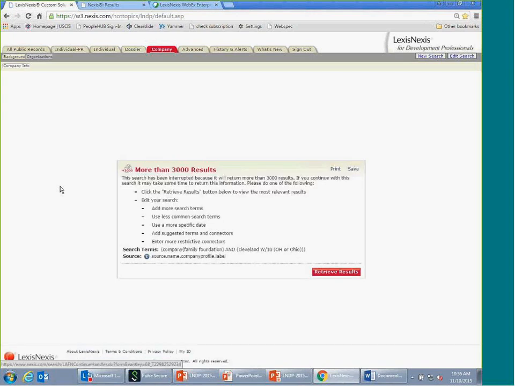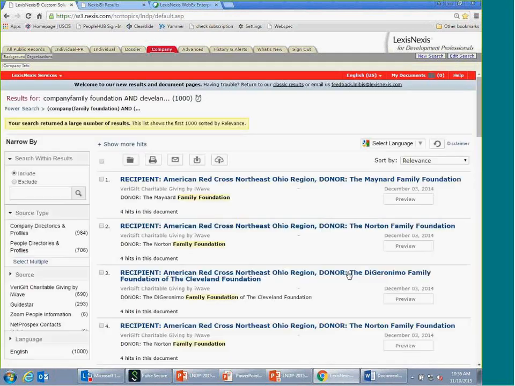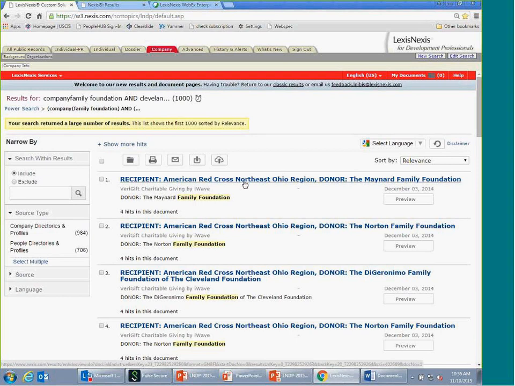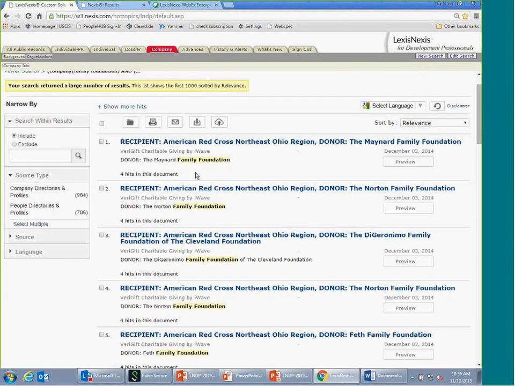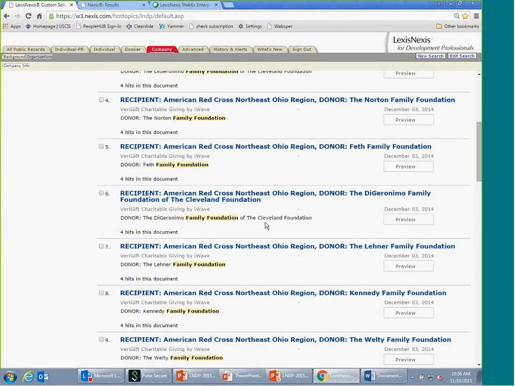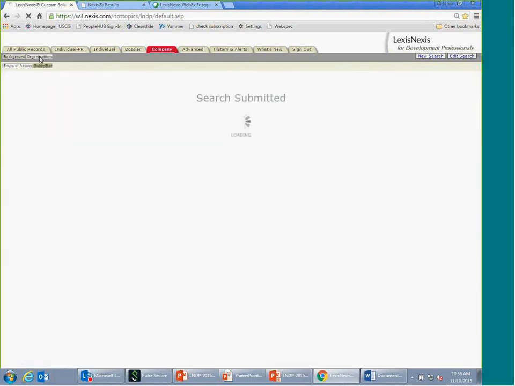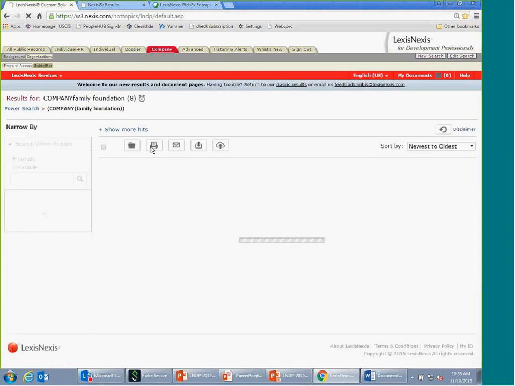It's going to look very similar to that search we did in the individual tab, where it's going to present it in that tabular format for you. So we selected company information under the background section. So that's the first to display. I've put no restrictions on this, but when you're actually doing this, you might have time frames that will tighten this up, so you don't want everything there is out there. But here you'll see we're pulling up these family foundation pieces of information. If we go to the organizations tab also, again,